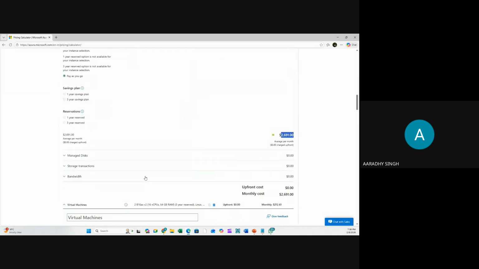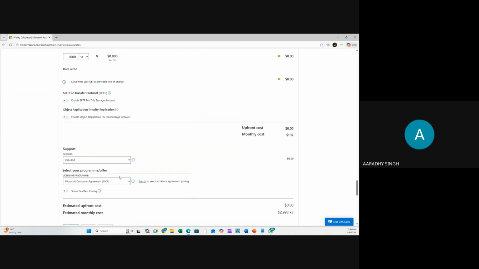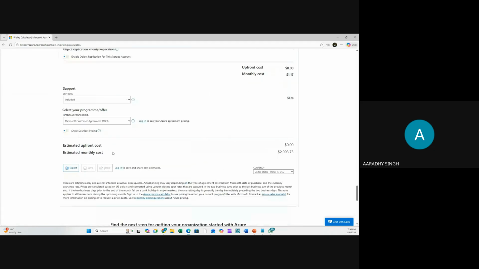And finally, whatever services you're applying, just add all the services and pass the correct parameters. After this, we have a button available. Just scroll down to the last, and here we have the export button. If you're working for an Indian customer, just select INR, the Indian rupees. If you're working for a US-based customer, select the US dollar. Australian-based customer, Australian dollar. Brazilian, then Canadian dollar, Denmark, or Euro. Whatever currency you want, select the currency and click on the export button.